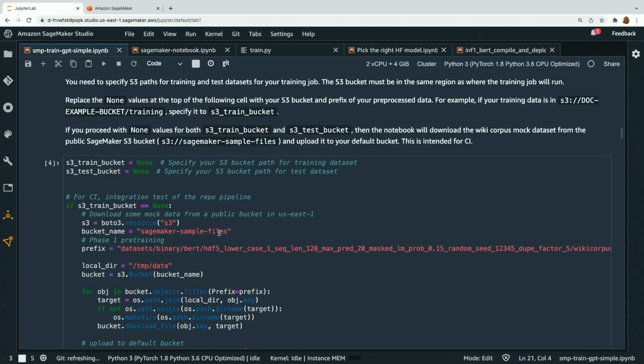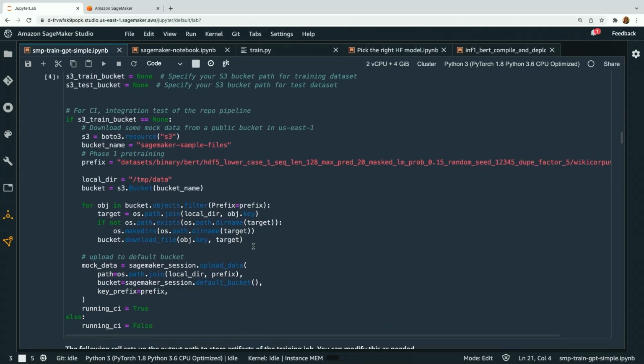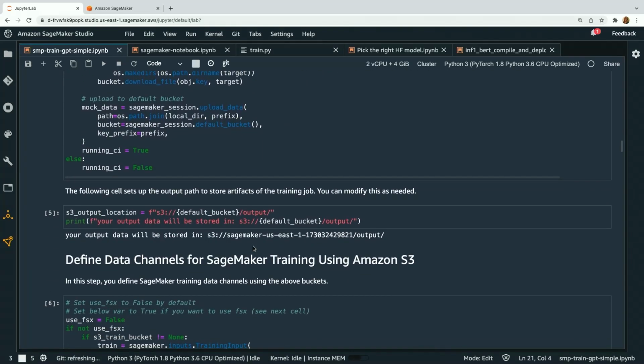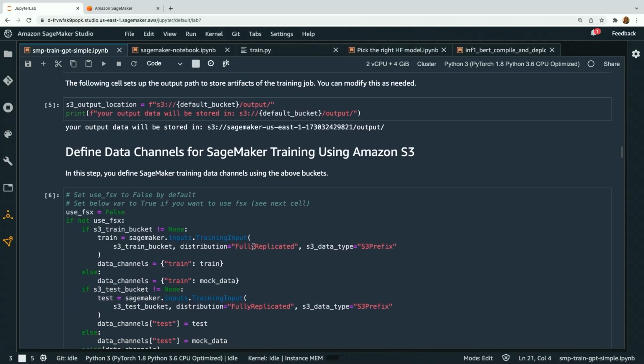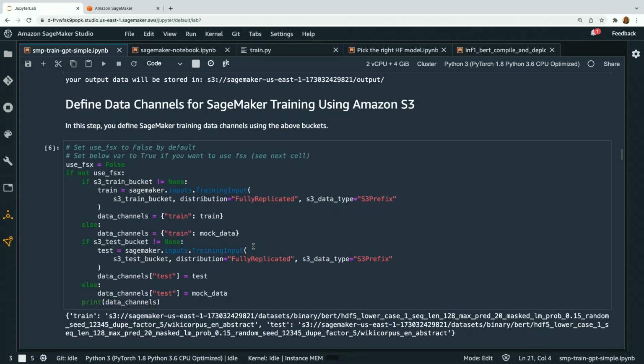So this notebook, we have two modes for running this notebook. One mode of running this notebook is on a very small sample data set, which is not intended to train what we call to-convergence. So it's not going to train your entire model. It's just to show you that things work. You can indeed distribute your model. You can indeed get this piece to run. But if you want to run it to convergence, essentially, you'll switch out some of these parameters and then actually run a script to download a very sizable data set and do some local processing and then land that in S3. So that's the other option.